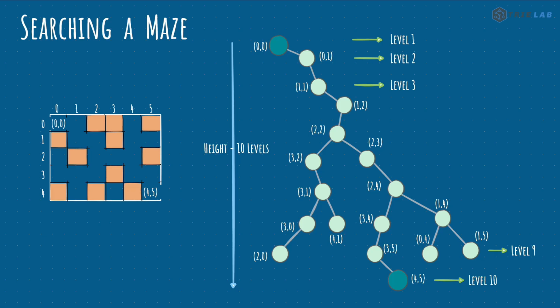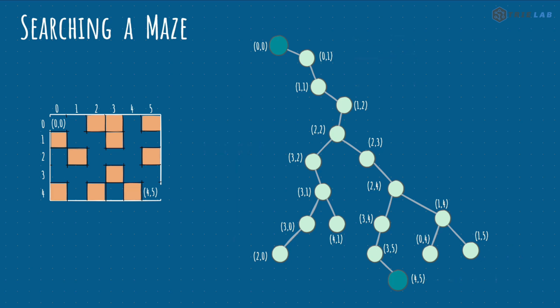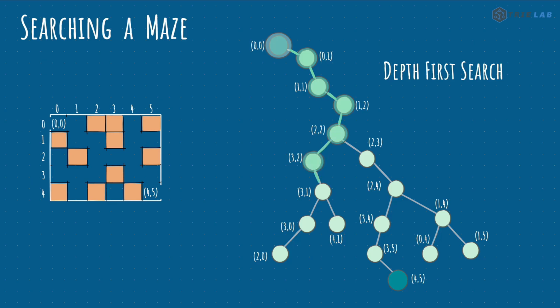Now, if we simulate depth-first search on this tree, we will see that depth-first search goes all the way down one path to a certain depth, and if it doesn't find the exit, it will backtrack and then explore another path. Eventually, once it finds a valid path, depth-first search returns true or simply returns the path. Now, this highlights something important. If you notice, the depth-first search basically traverses all the way to the depth of the tree before it backtracks to continue the search on a different path. Now, this is one important difference we will see when we explore breadth-first search.